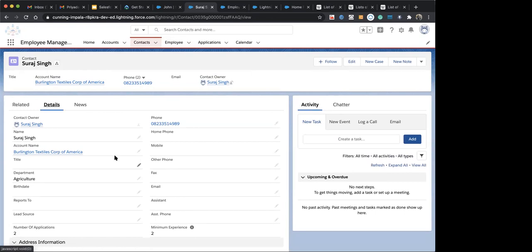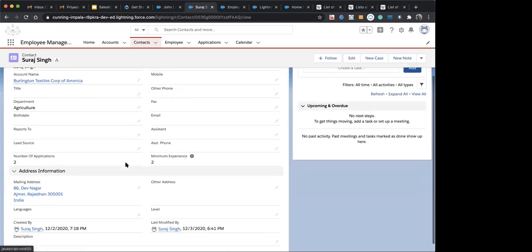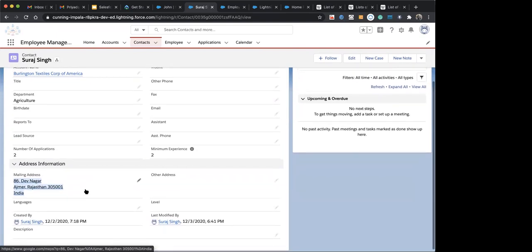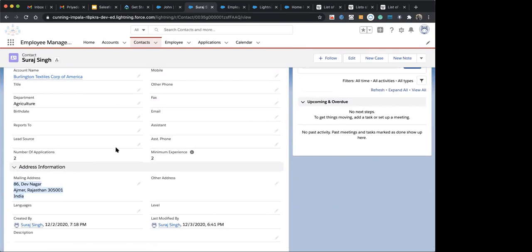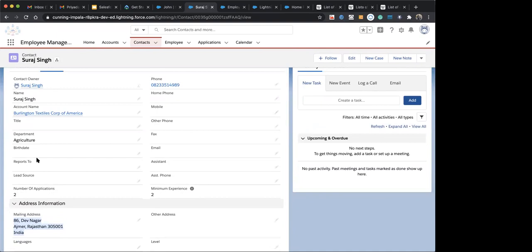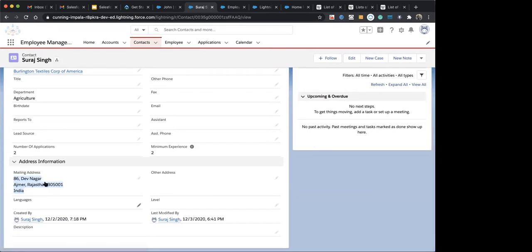When these teams are working on the same record, suppose the address verification team is a team which verifies whether an address is correct or not. So he will open that particular contact, and it does not matter what the other fields are. He just has to check whether the address is okay.